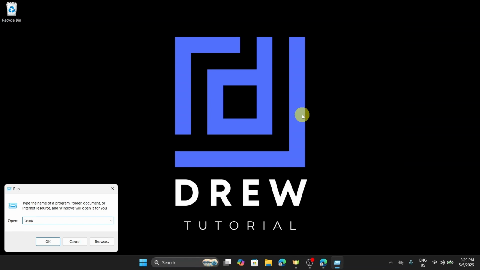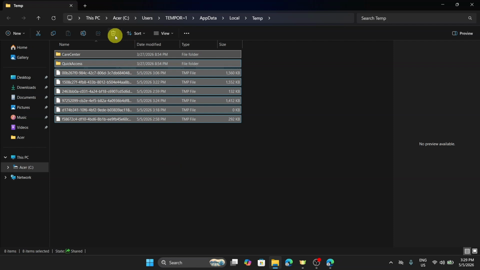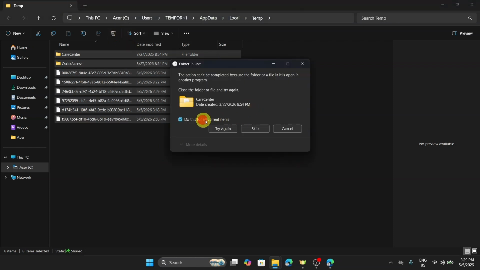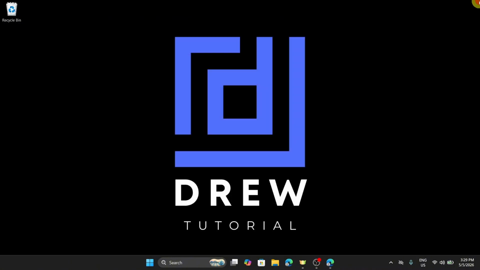This time, we're going to put percentage signs on both ends of temp and then click on OK once again. So select all of the files again by pressing Ctrl A and then click on the delete button and then click on do this for all current items and then click on skip and then close this and then open Run